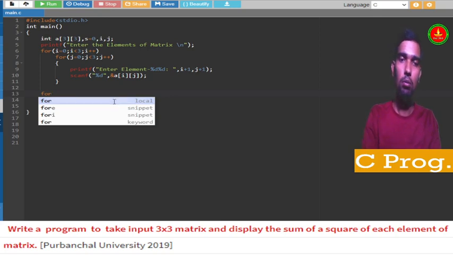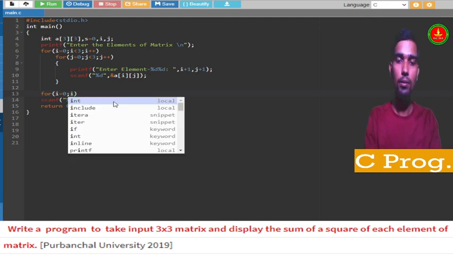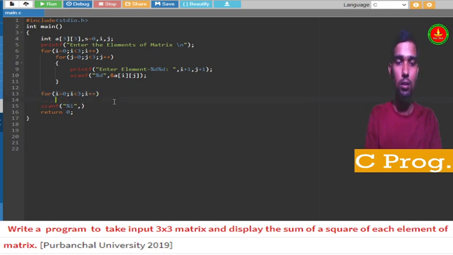Again we write a loop: for i equal to 0, i less than 3, i plus plus, for j equal to 0, j less than 3, j plus plus.